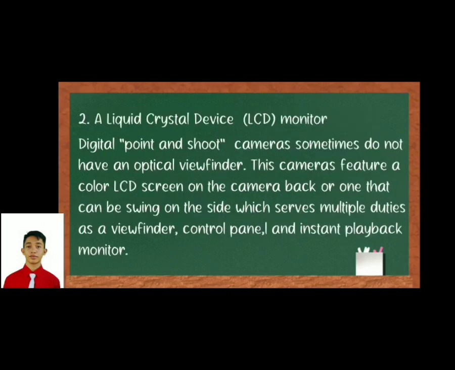Number 2. A liquid crystal display or LCD monitor. Digital point and shoot cameras often replace optical viewfinders with a liquid crystal display (LCD) monitor on the camera back. This versatile screen serves as a viewfinder, control panel, and instant playback monitor. Users can compose shots, adjust settings, and view images directly on the LCD screen, which provides real-time previews for accurate